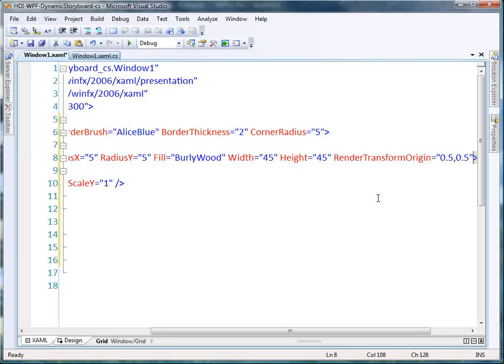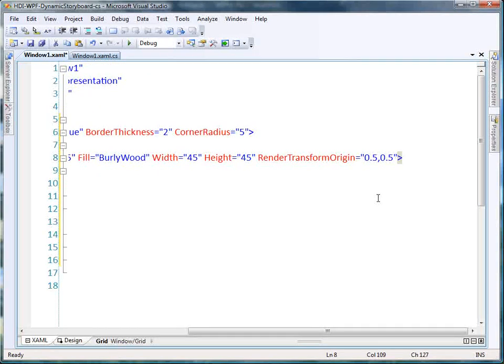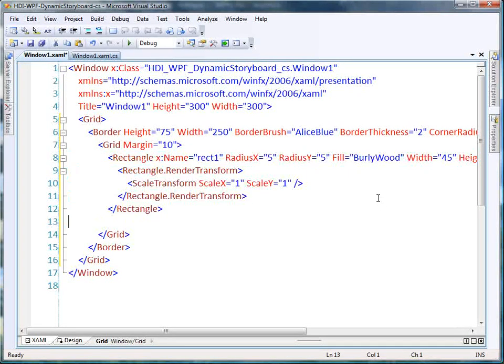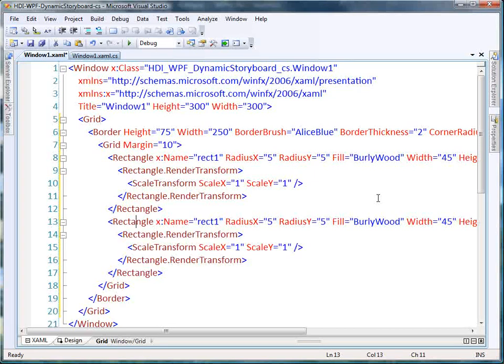And what that means is that we want the origin of our render transform to be right in the center of the object. That way it'll expand in all directions. It'll scale out from the center. So we're going to copy that rectangle, paste it, and we'll change the name of this one to rect2, and pretty much